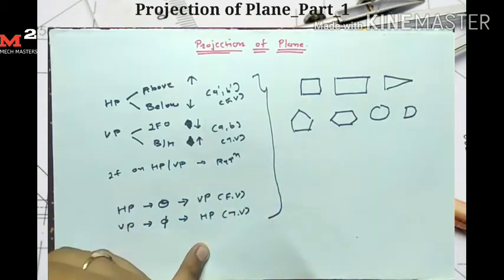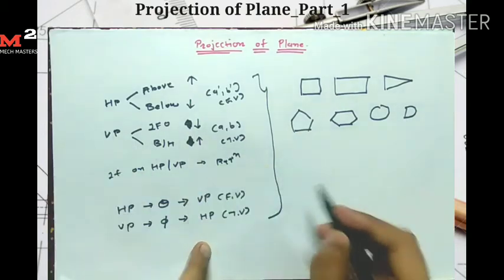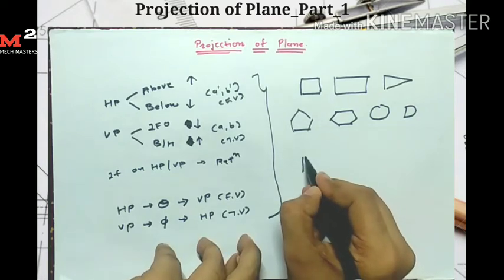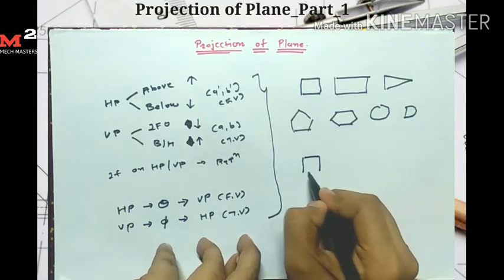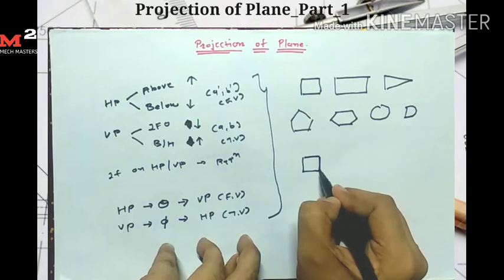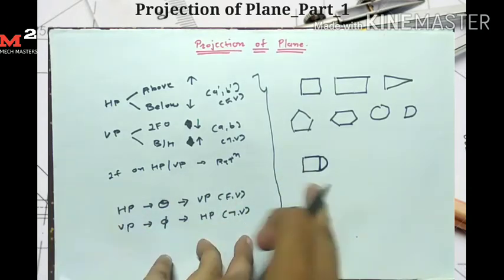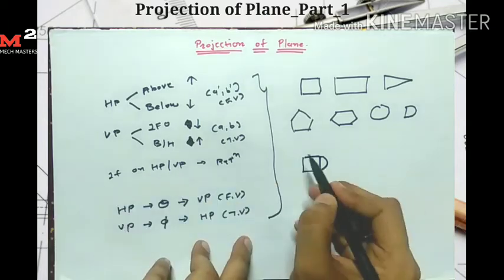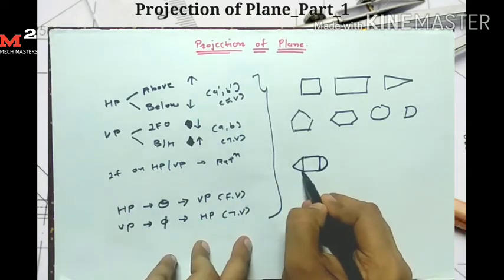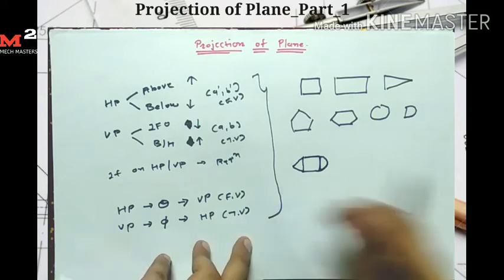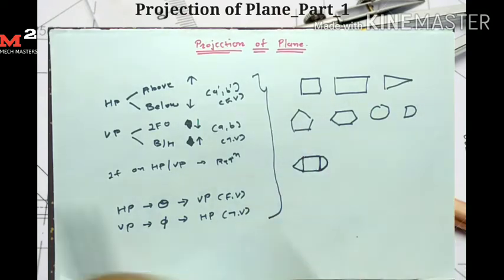We take these as a plane. In some cases we take a composite plane. For example, I take the square and use this side as the diameter of a semicircle and draw one semicircle here. This is also called a plane. If I draw a triangle here, then it is also called a plane. So these are the planes, and we draw the front view and top view for these planes for different